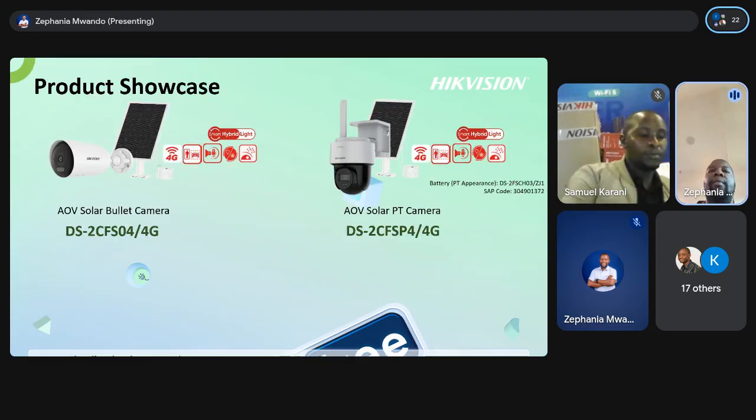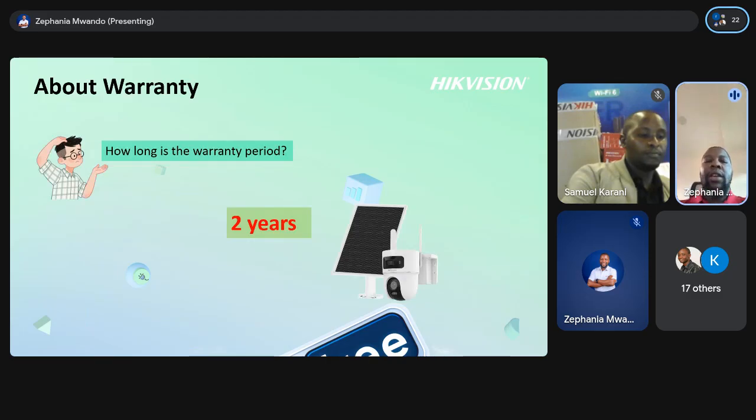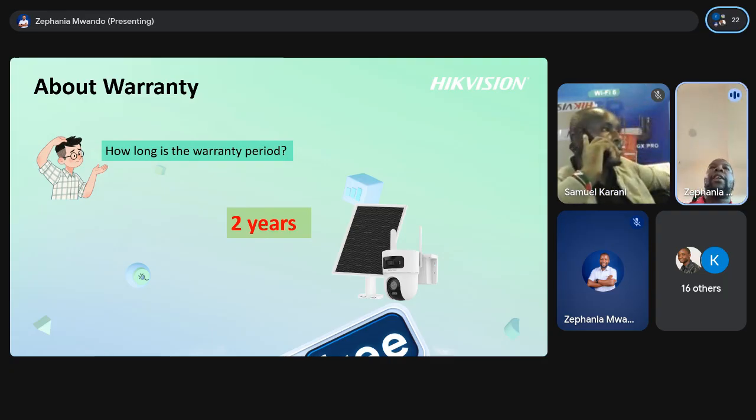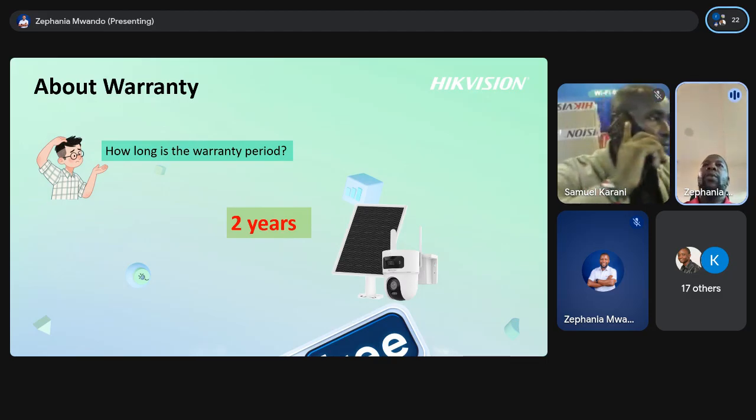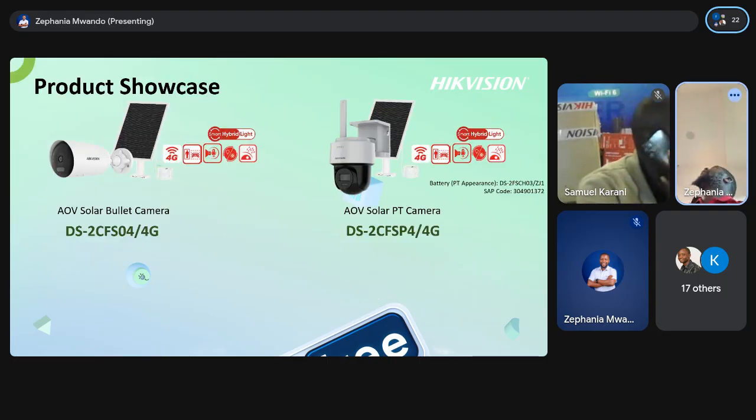Then let's look at the product showcase. Remember, let me just emphasize on warranty that warranty does not cover the installer's fault. If for any reason you defect the product, warranty doesn't cover this. Warranty only covers the manufacturer's fault, the issue with the product and all that. Then in terms of the showcase itself,